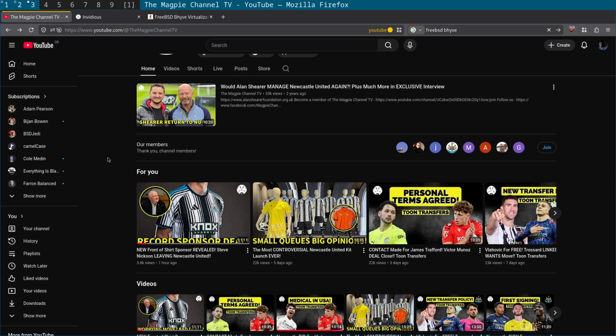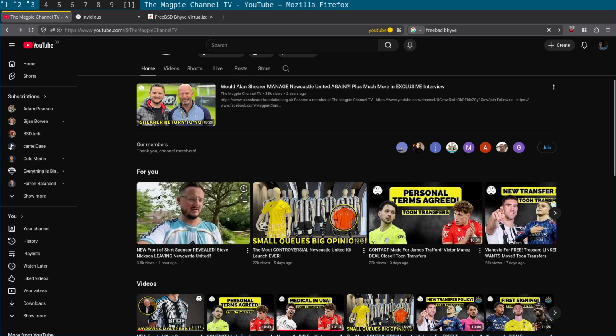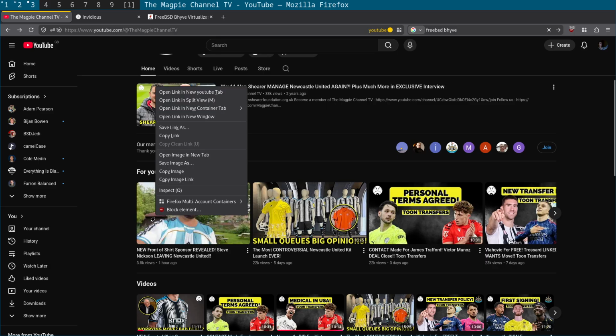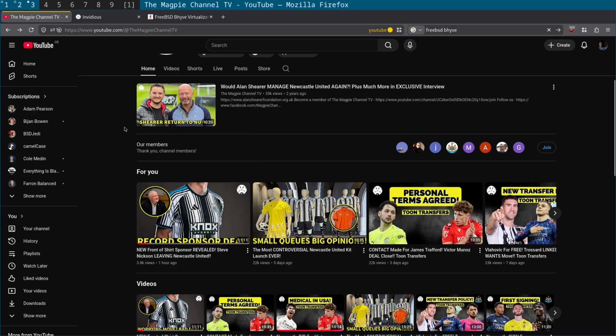There's a keyboard shortcut in Vimium where you can press a shortcut and it comes up with letters, and you can press the letter and it will copy it to the clipboard, but it fails quite a bit of the time. So I just come across here, copy link, press Super Z, press I, and